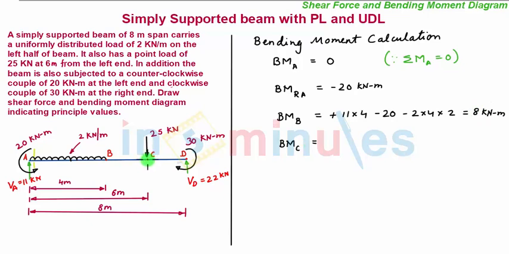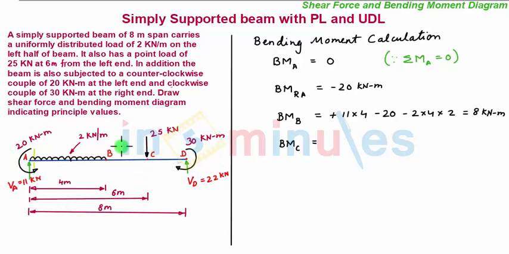Now at this point we have a choice, either we can consider the left hand side of section or the right hand side. Why? Because on the left hand side of section we have more number of forces and moments as compared to the right hand side. So considering the right hand side will be easier, but for consistency I am considering the left hand side